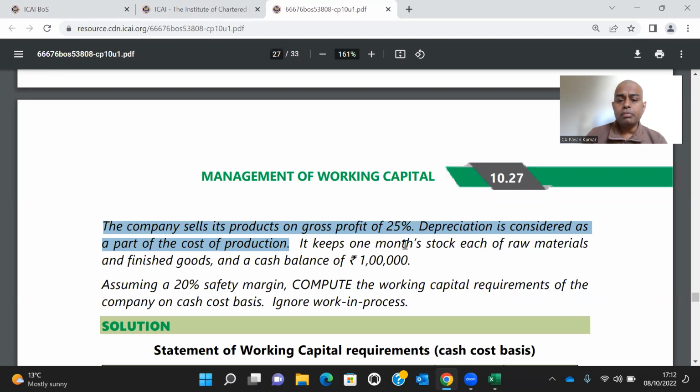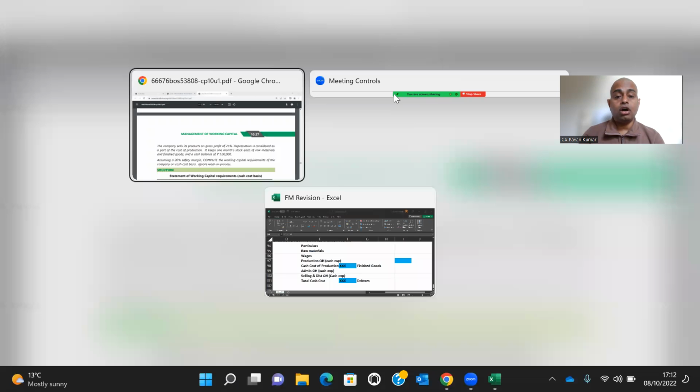So raw material holding period, basically 1 month. Finished good holding period, 1 month. Work in progress, not there. Ignore work in progress. Cash given 1 lakh. Simple problem. Shall we start solving this problem? Yes. So put the heading, calculation of